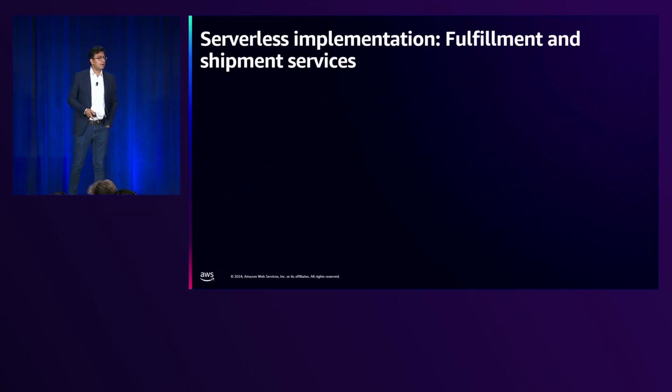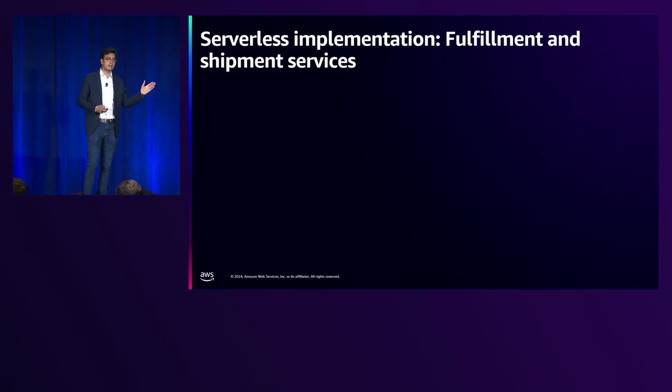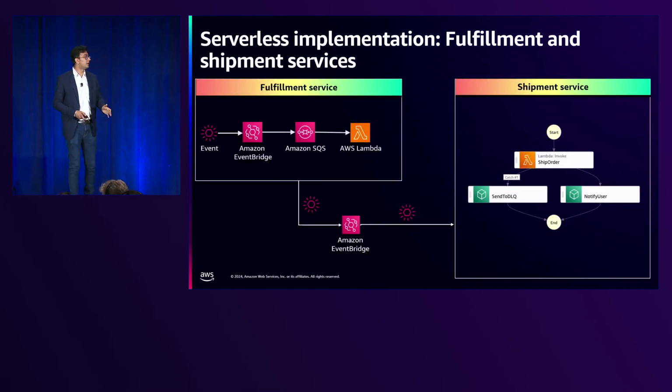Okay, so I am carrying forward from the first half of the architecture to the second half. We saw the product service, we saw the order service, and if we extend our architecture a bit further to fulfillment as well as shipment service, this is one of the possible implementations, where in fulfillment service you may need to create some pick list, give the acknowledgement, okay, now order can be packed. So, order created event is received, and on the EventBridge it is passing on to the SQS queue,